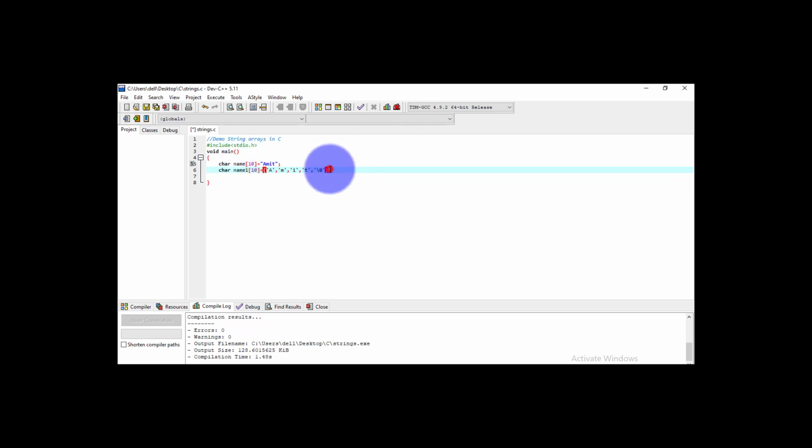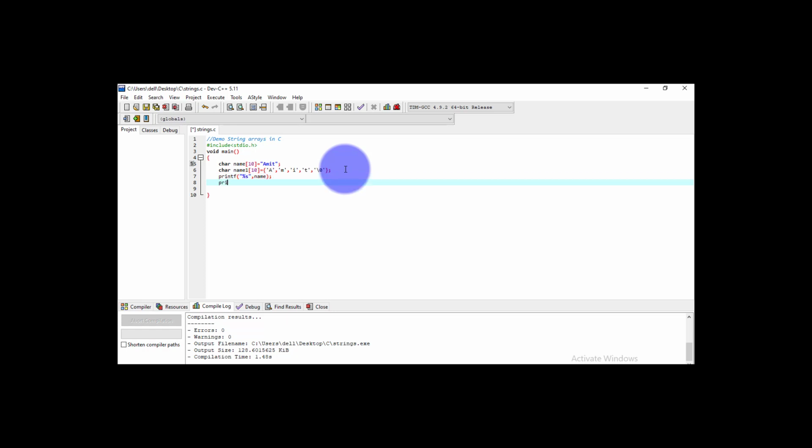So this is to tell the compiler that the string has terminated at this point. So what it will do, it will assign the value AMIT to this array, and null will be assigned, and that is to indicate that the string is terminated here. In order to display this, we have to use the printf function, and within the printf function we have to use the format in which we want to display the value. For a string you have to use the %s format. And then here we have to give the name of the variable and put the semicolon at the end.